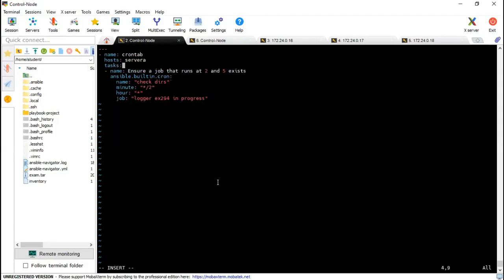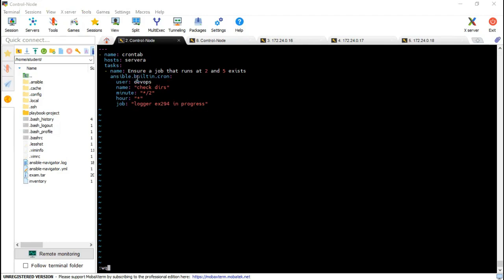Paste it. I will use server A there and the user. You can put Natasha there, but we do not have Natasha existing anywhere, so you can use DevOps at this moment. Whatever the question says, every 2 minutes, you can change the name if you want and put the job there.